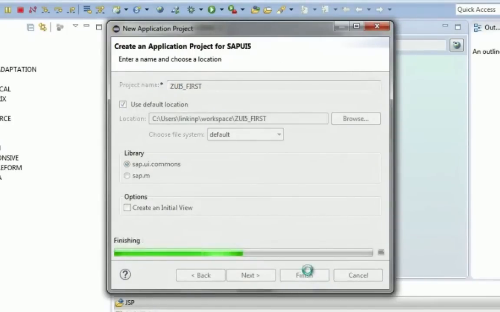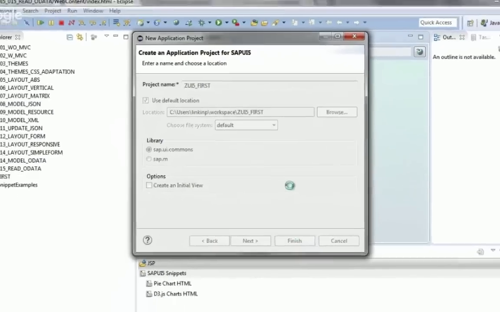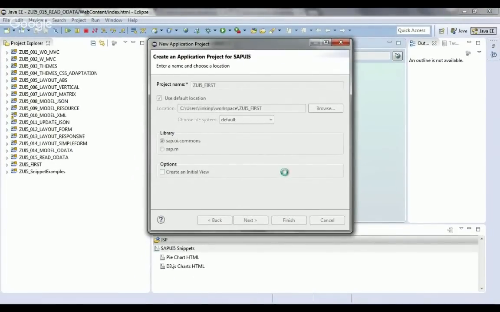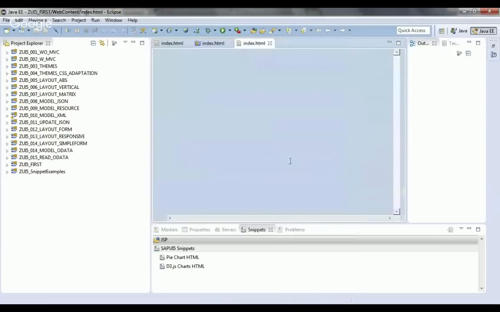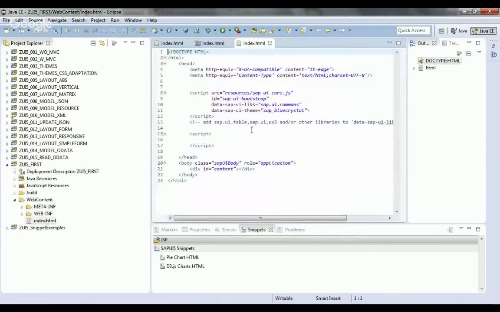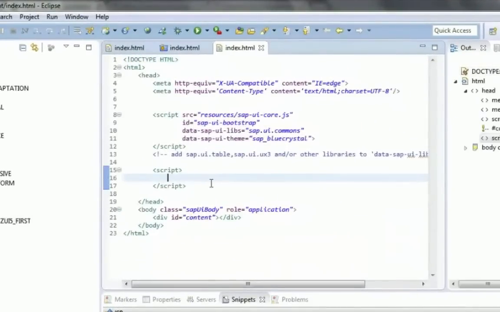So as soon as I do that, my application, I mean, I can start application development quickly. This is not a model view controller. In fact, this is just a basic one. So this is the template which SAP automatically gives for us. And here, all we need to do is add our own code. So I'm just going to create a text box here.